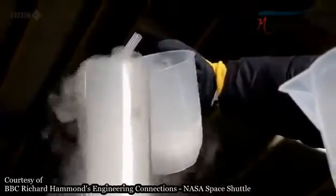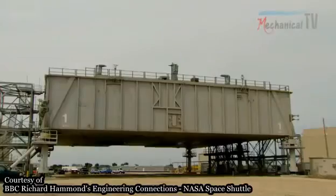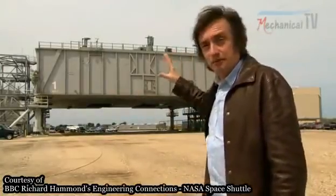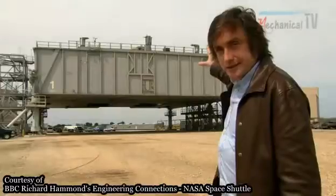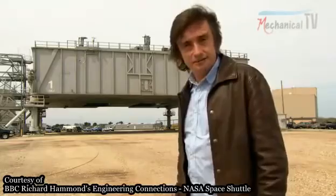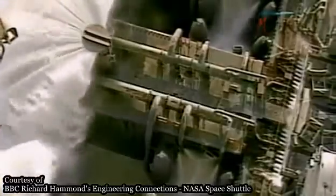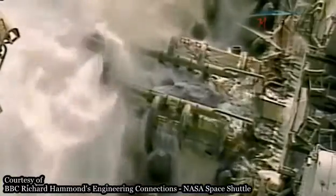NASA protects the orbiter in pretty much the same way. Though needless to say, NASA's system is a bit more complicated. It looks like a warehouse. It's actually the mobile launcher platform. The shuttle assembly sits on top. Those three, 1, 2, 3, they're the Rainbirds. And at peak flow, 9 seconds after launch, water hurtles through those at a rate of 900,000 gallons. That's 3.5 million litres a minute. Releasing so much water so quickly through the Rainbirds forms millions of water droplets suspended in air. And it's these water drops that absorb the